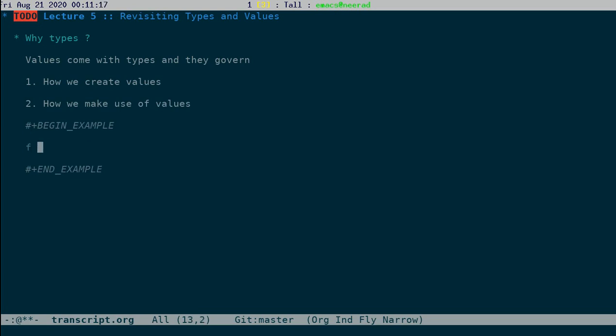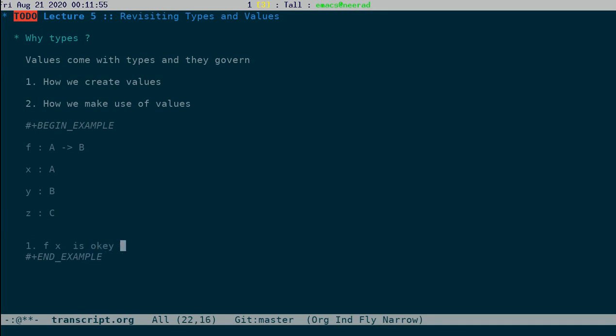Let's say we have a function f from some type A to some type B. We have an x which is of type A, and we have a y which is of type, let's say, C, and z of type C. So this is our context. In such a case, we know one thing: f applied on x is okay.